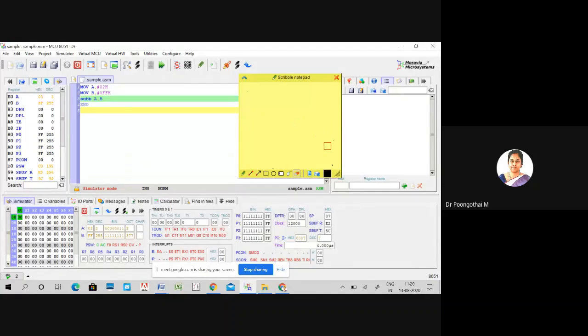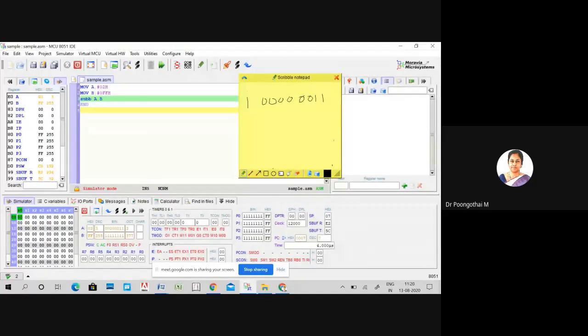So what is the carry flag status here? Carry flag status is 1, okay? Your auxiliary carry is 1. And your answer is 0 0 0 0 0 0 1 1, okay? So convert this value. It is in 2's complement form. We need to convert this value into original form, that is true form.